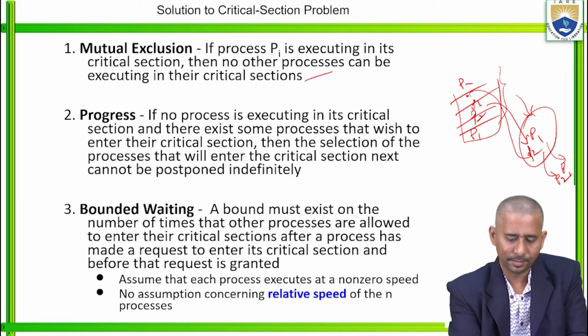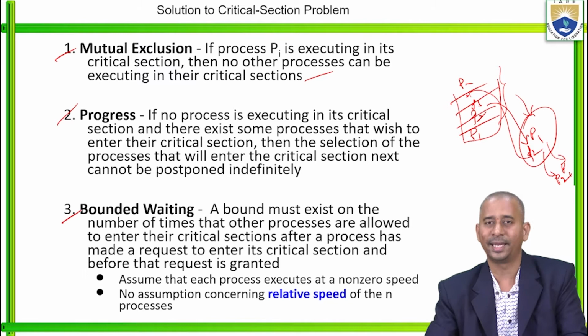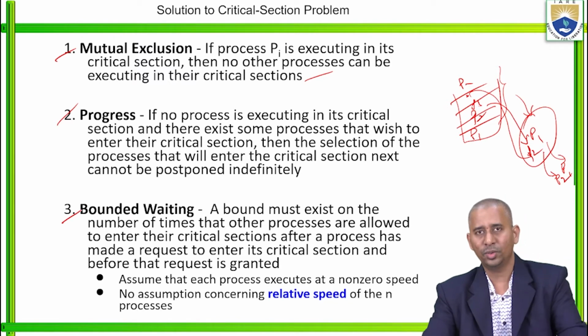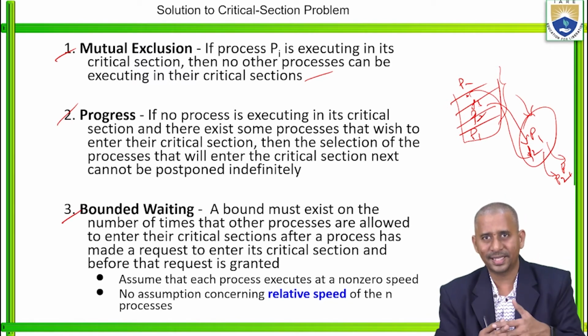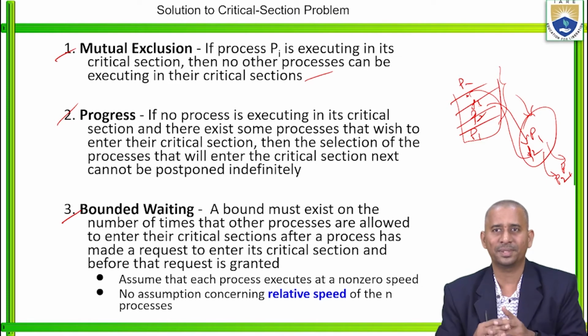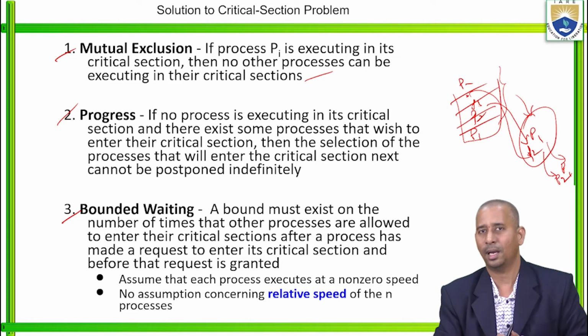Then the third one, bounded waiting. A bound must exist on the number of times that other processes are allowed